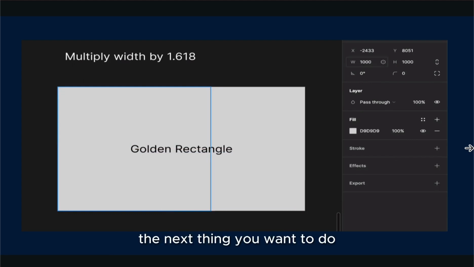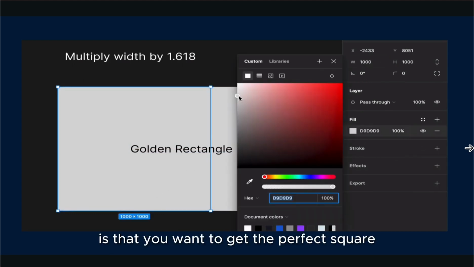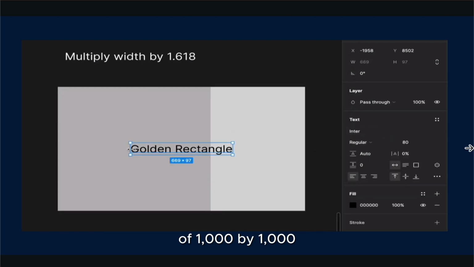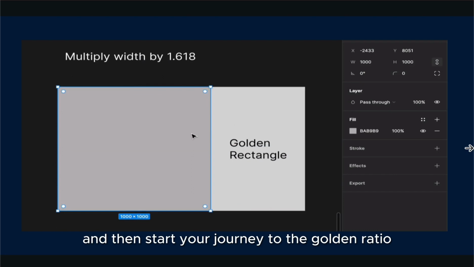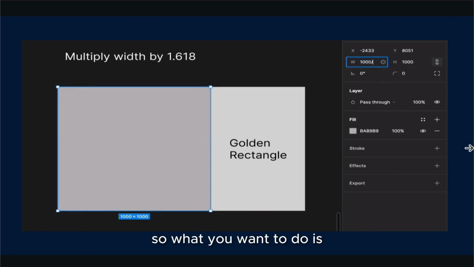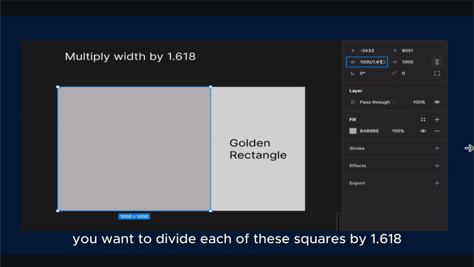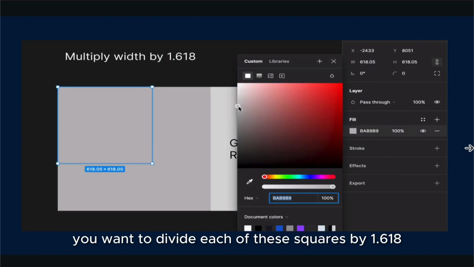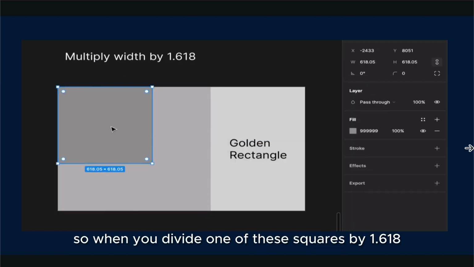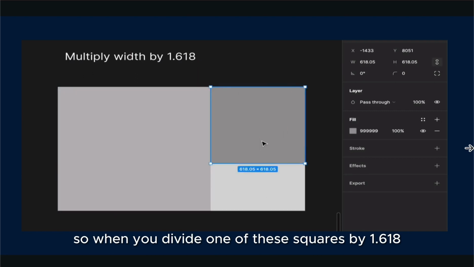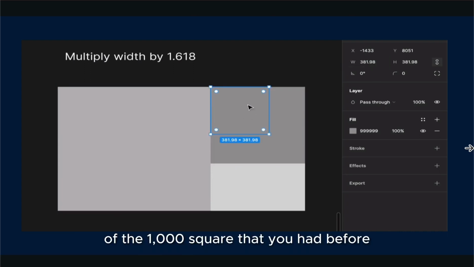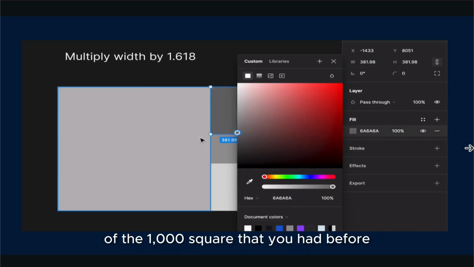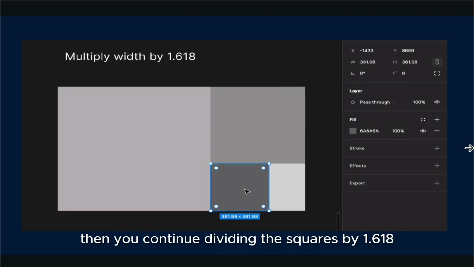The next thing you want to do is get the perfect square of 1000 by 1000 and then start your journey to the golden ratio. So you want to divide each of the squares by 1.618. When you divide one of the squares by 1.618, it gives you the perfect proportion of the 1000 square that you had before. Then you continue dividing the squares by